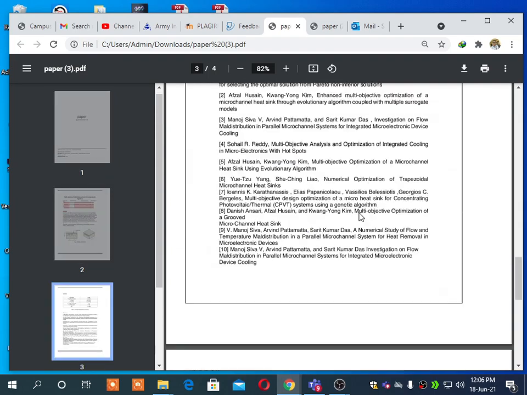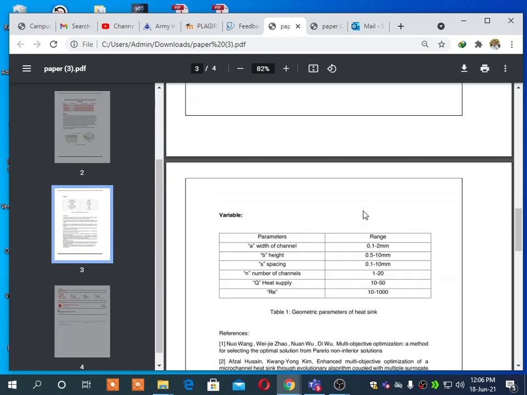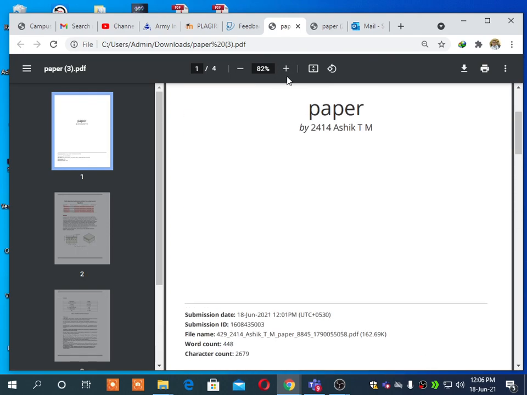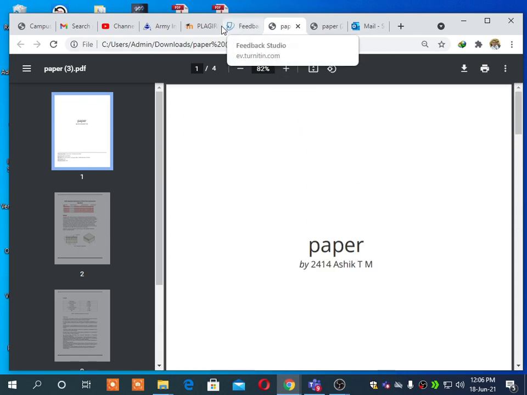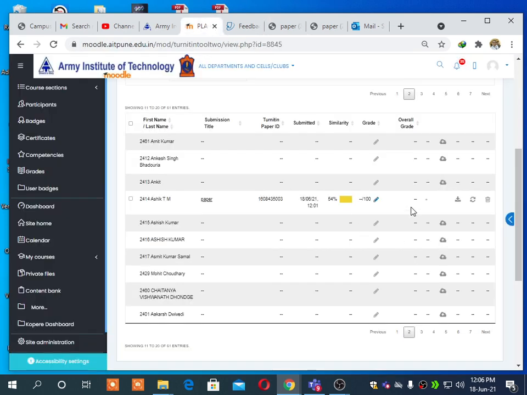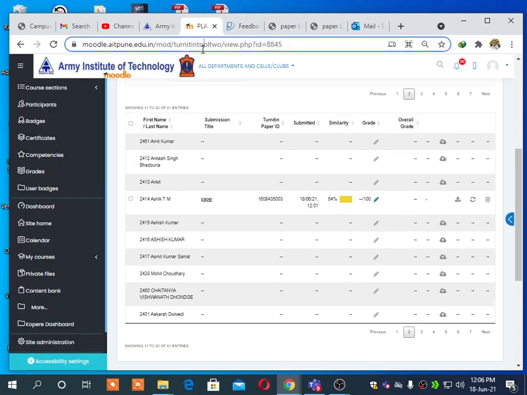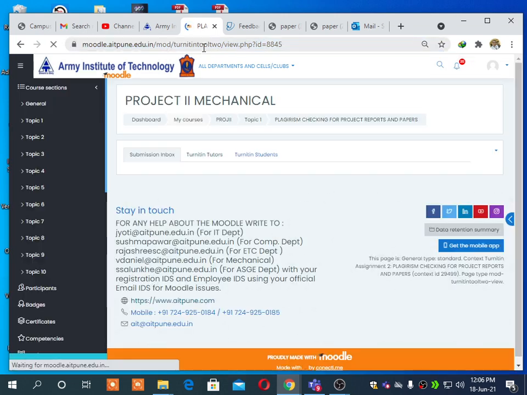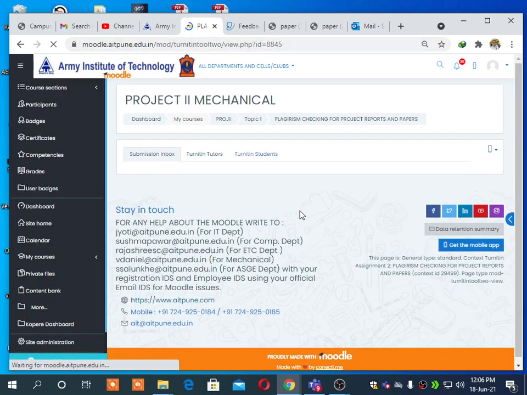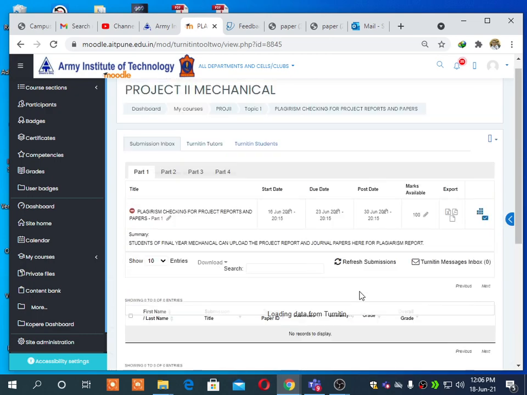So it means it is 100% original. It can show from this checkup. So it's all about how to do a similarity index. If you refresh it, it will give the correct figure.